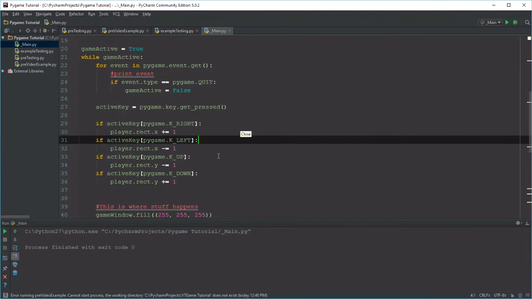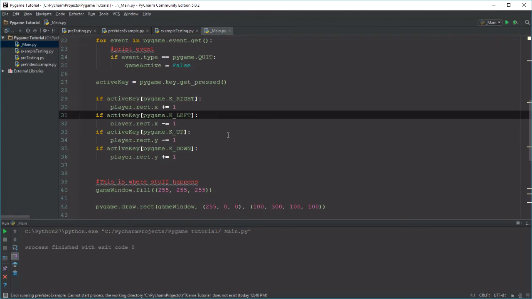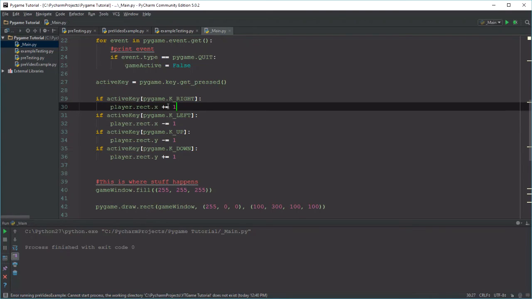So this is how you would do smooth movement. Of course, we need to limit the frame rate. But I don't really want to do it this way. So, like I said, we're going to focus on movement. And I'm just kind of showing you all of the possible steps to get movement. So I don't want to specifically here tell the player X to move. What I want to do instead is say